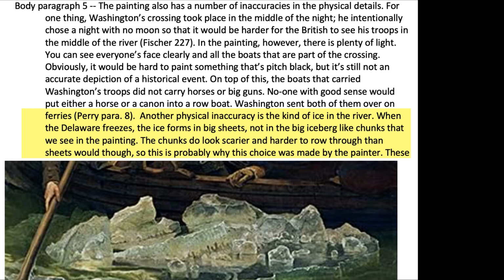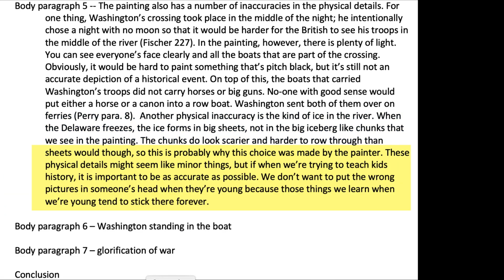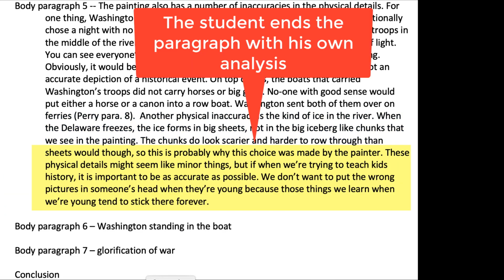Another physical inaccuracy is the kind of ice in the river. When the Delaware freezes, the ice forms in big sheets, not in the big iceberg-like chunks that we see in the painting. The chunks look scarier and harder to row through than sheets would, though, so this is probably why this choice was made by the painter. So again, you see an identification of an issue, a little bit of specific description from the text, and then discussion of it. Then we have the overall analysis at the end of the paragraph. These physical details might seem like minor things, but